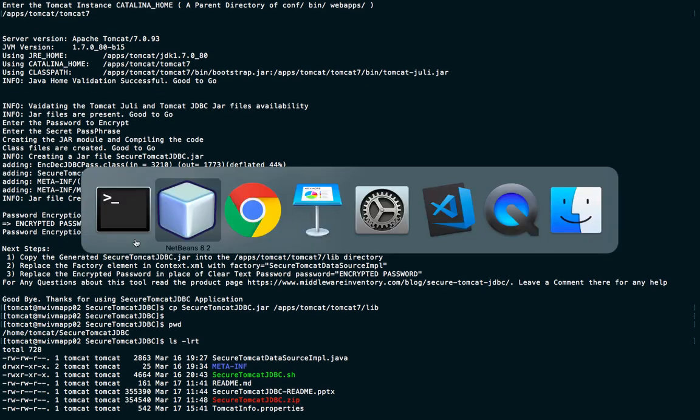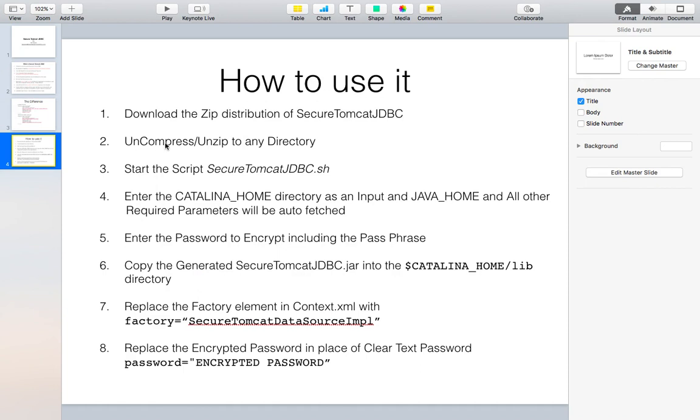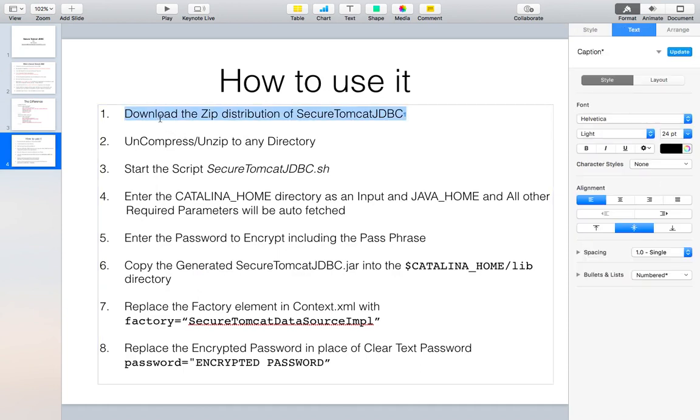Let me give a summary of the steps that you have to use for using secure Tomcat JDBC. Download the zip file from the zip page, unzip to any directory, start the script secure-tomcat-jdbc.sh, enter the Catalina home directory as an input, and Java home and all other required parameters will be auto-fetched. Enter the password to encrypt including the passphrase. Copy the generated secure jar file into the Catalina home lib directory. Replace the factory element in the context.xml with this, and replace the encrypted password in place of the clear text password. That's all,